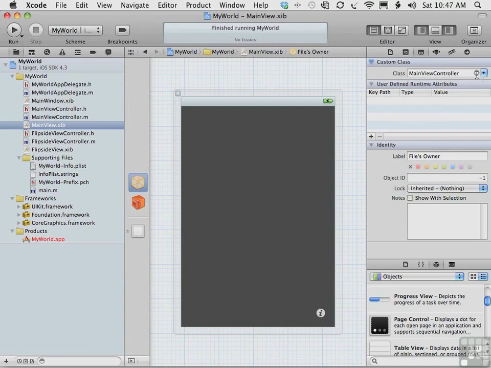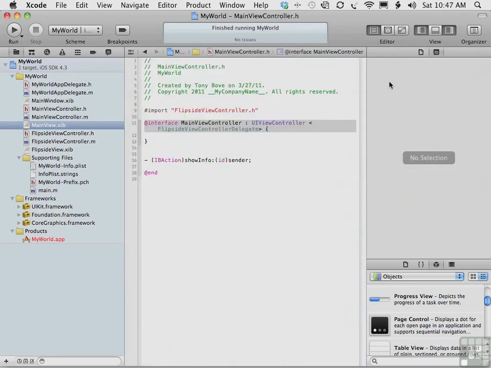You can click the circled arrow here next to MainViewController to go right to the code in mainviewcontroller.h and see the @interface directive for the class in the mainviewcontroller.h file. So you know that this nib file, mainview.xib, is linked directly to the MainViewController. Of course, the utility app template set this all up for you without you having to lift a finger. To see how it's all set up, let's go and look at the code in